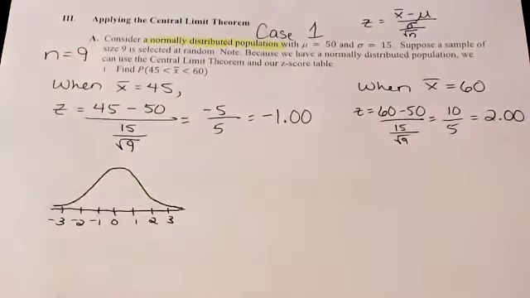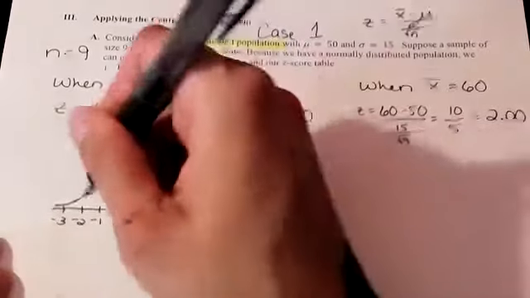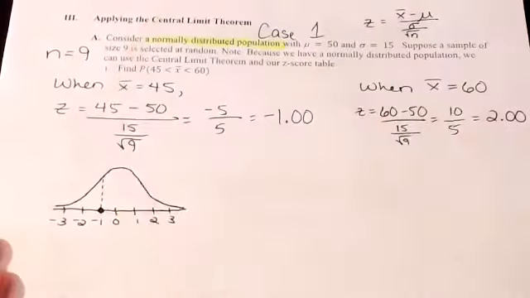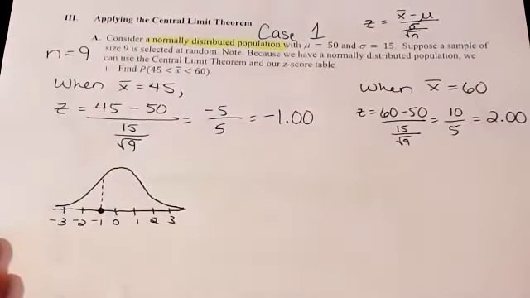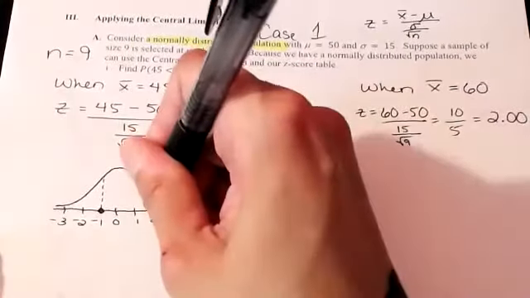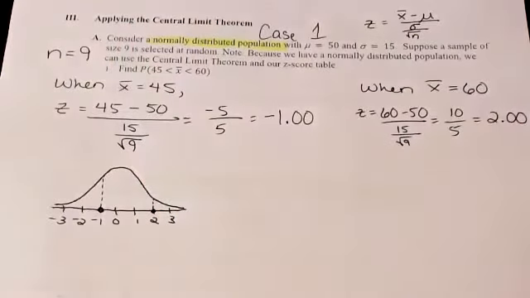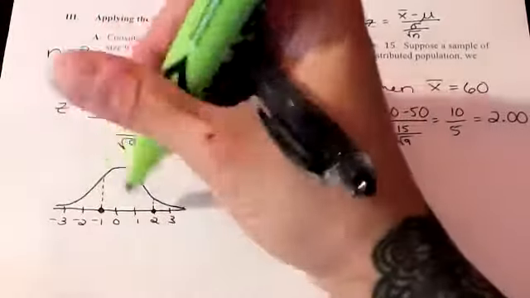And I try to spread that out and make it all nice and neat. We're going to plot our z-scores. We have a z-score of -1, so I'm going to plot that one, draw a dotted line up to the curve. And then we have a z-score of +2. So I'm going to plot that as well, draw a dotted line up to the curve, and I'm going to shade the appropriate region. In this case, I'm going to shade